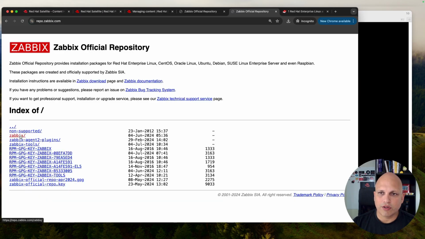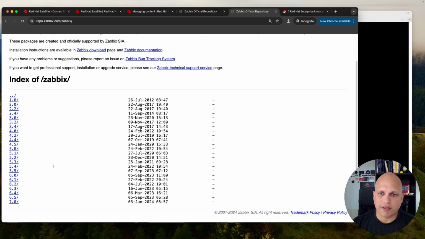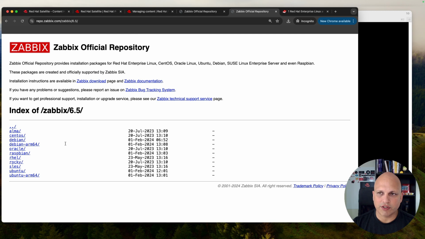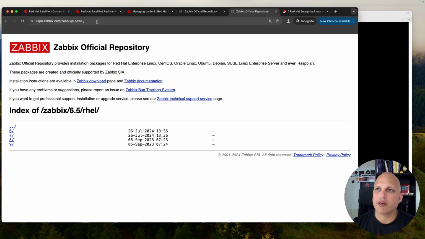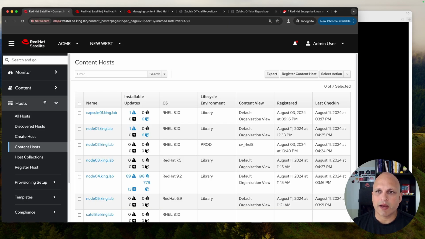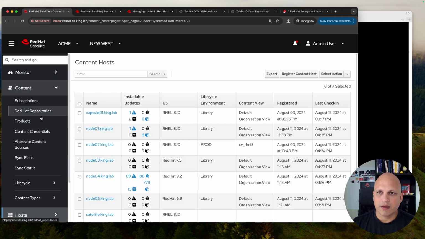Okay, I told you in the past that we have this approach. Let me put a different version here, like version 6.5 and then rel. Let's suppose that I have rel 6, 7, 8, and 9, and then I would like to sync to all of them, okay? Let me pick this repository or this path, this URL. So I'm going to come back to my satellite, products,